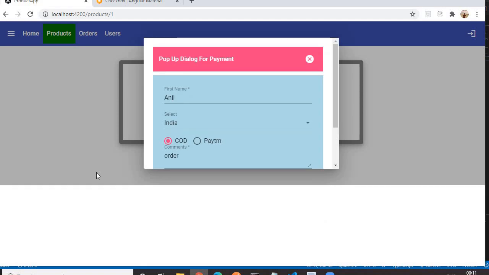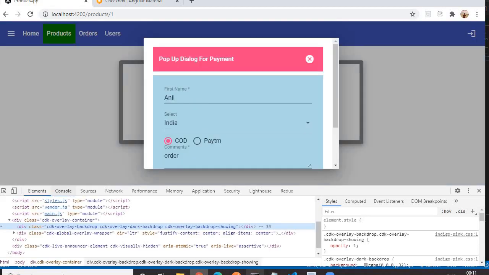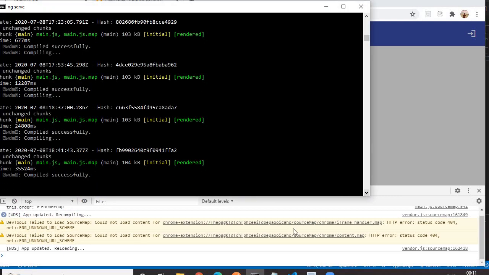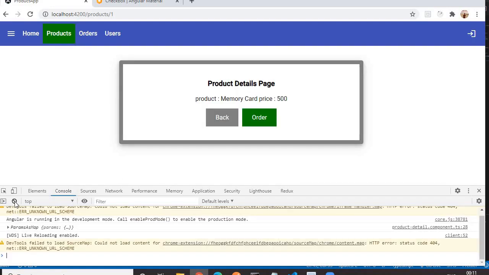Please be with me so that we are all on the same page, because reactive form is an advanced concept and we need some more concentration on this. I guess it is compiled, right? Still 93%, now it is compiled. Our page gets refreshed, and we are getting our previous page.